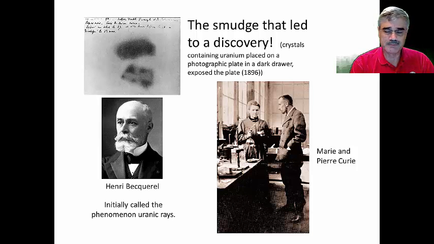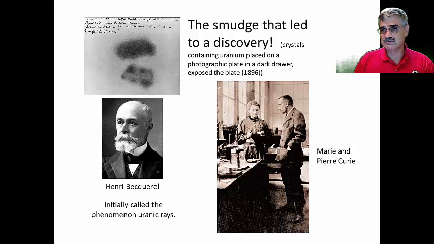We call them plates then because that's what they were instead of film. And he came back the next day, and even though there were no lights on, it was in a closed drawer and it was wrapped in a cloth, he saw that the photographic plate had been developed, indicating that there was some